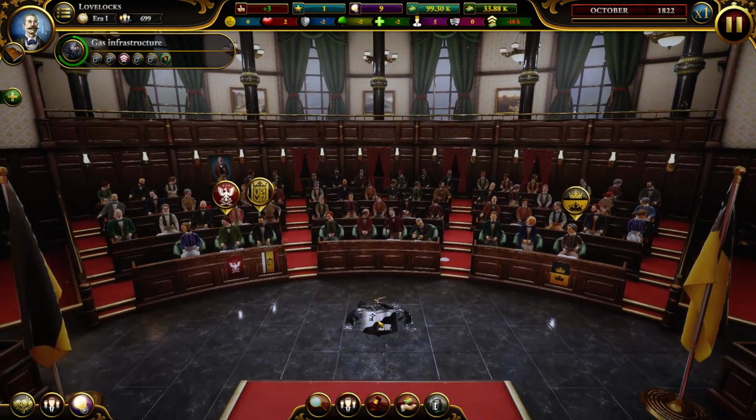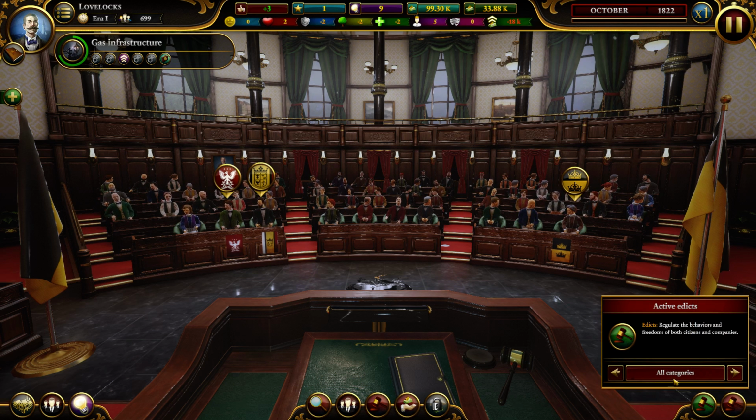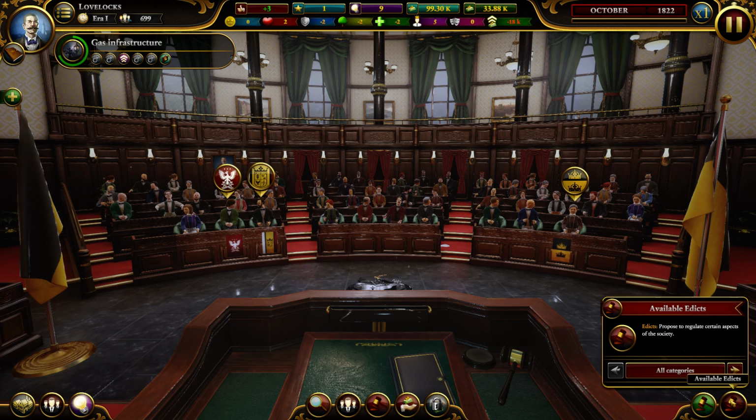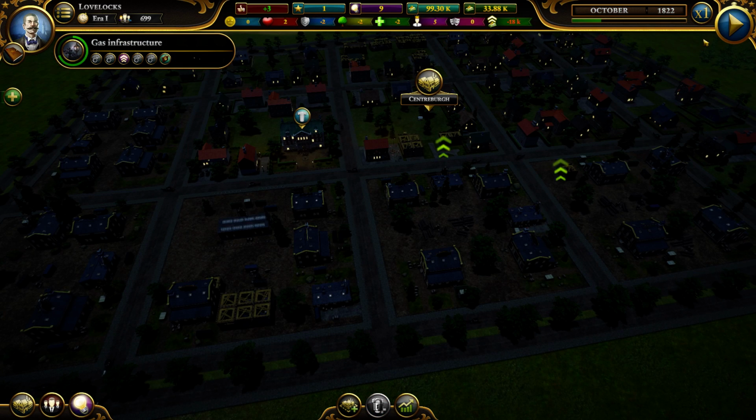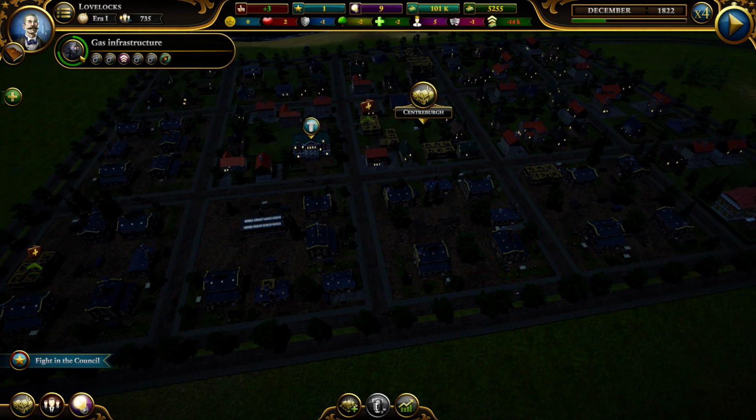Exit. I guess that's it. Council overview of political parties. Just taking a look around. We have no edicts. Available edicts. Probably have none, right? Taxing. I don't want to change the taxes again until they tell me to. Let's go back to the city view. Let's keep it going until we can maybe complete this.